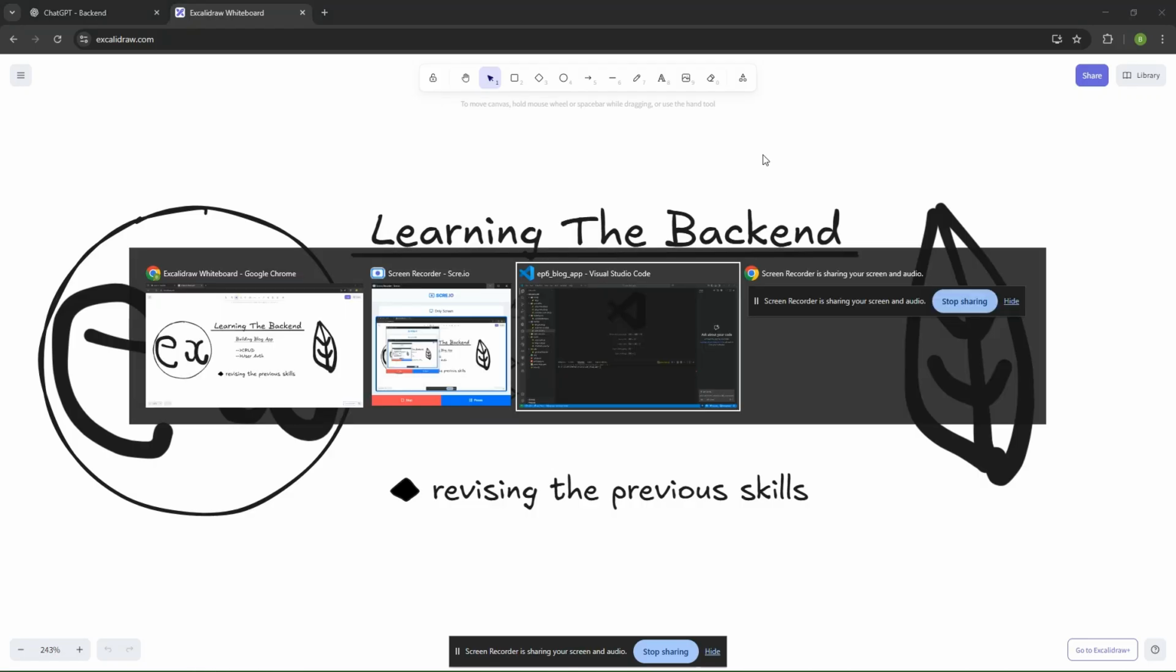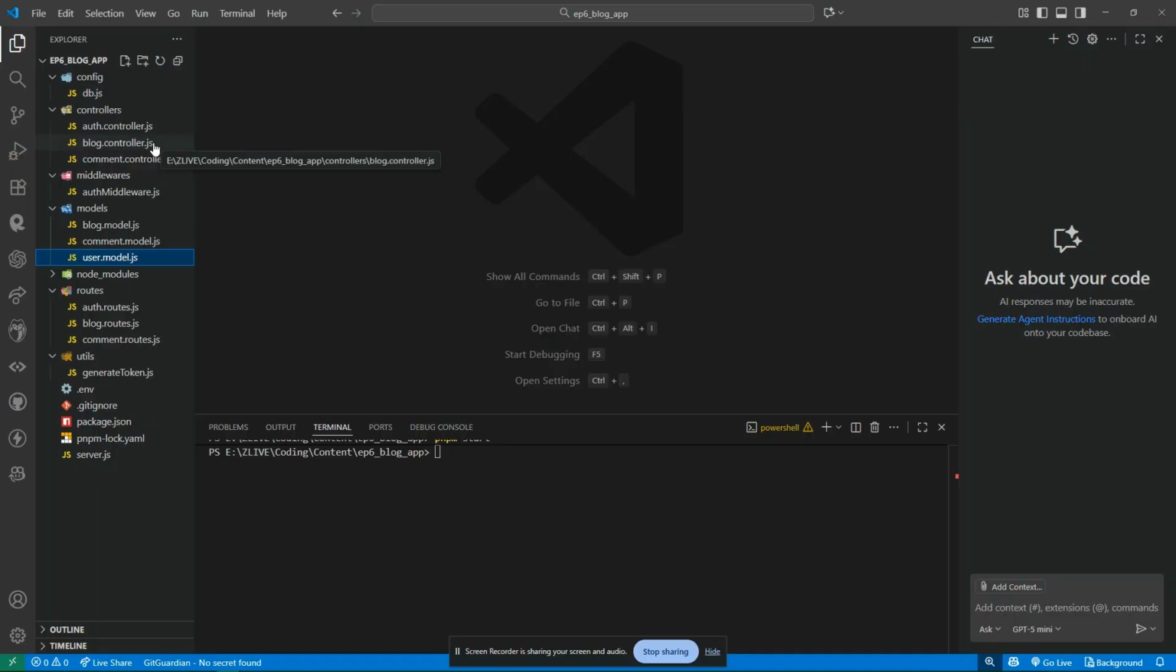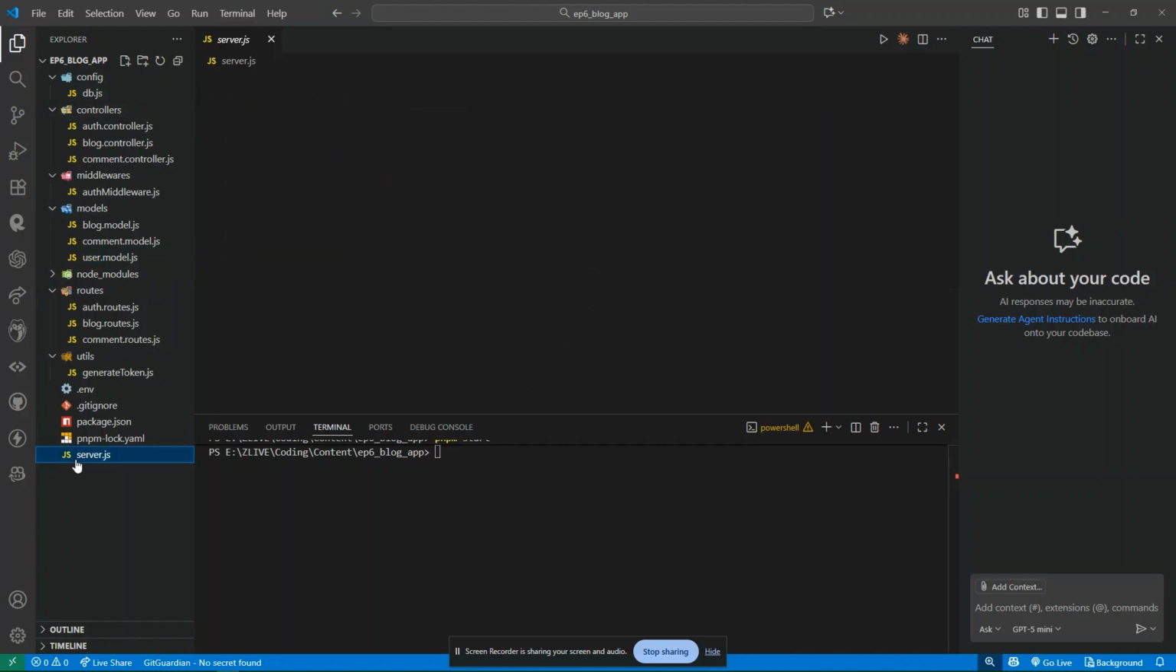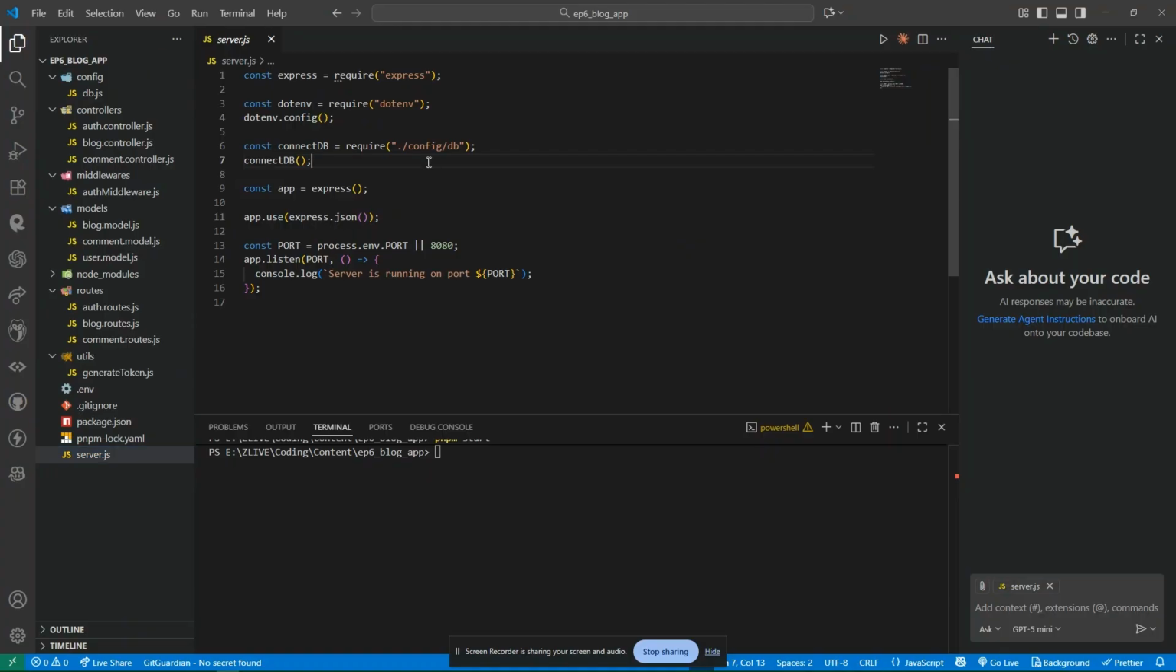So the basic setups in VS Code I have already done, creating the files over here. You can see I've also done the configuration with the database, and the server.js is like this for now. You can see over here the database is also connected. So the basic things have all been done, and in order to save time,